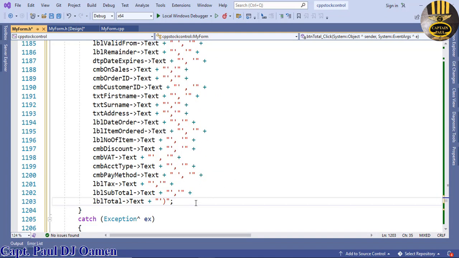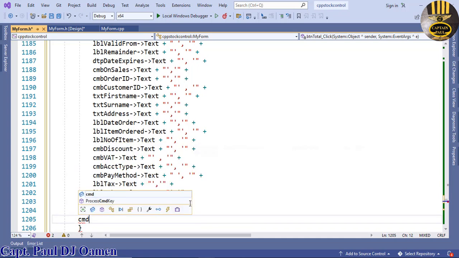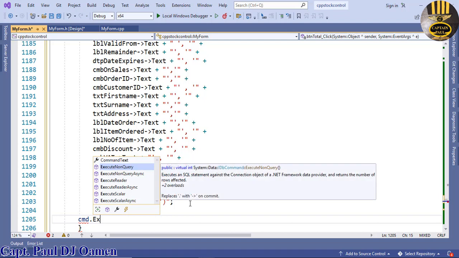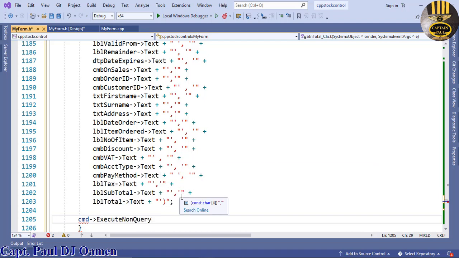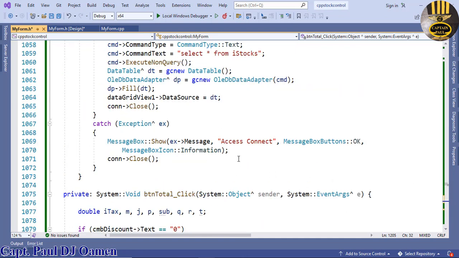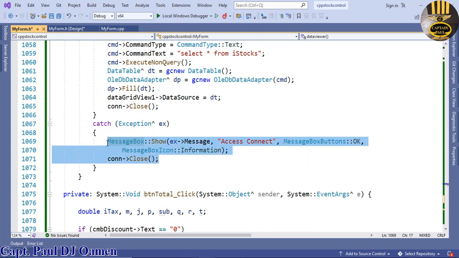So finally what I then need to do is come down here and just say cmd dot execute non-query. That's fine. Then I'm also going to enter a message box. So let's just grab all of the message box that will at least say something to the user. Maybe grab all of this, and I also close. Yeah, so grab all of that, come right down here,